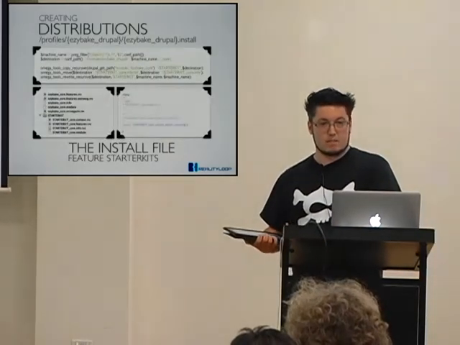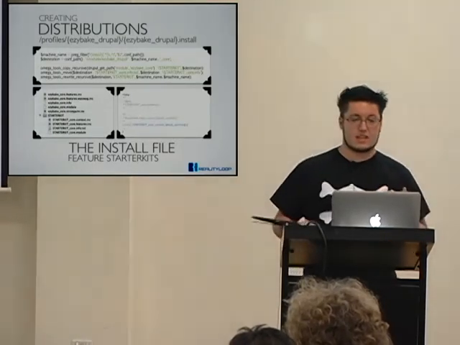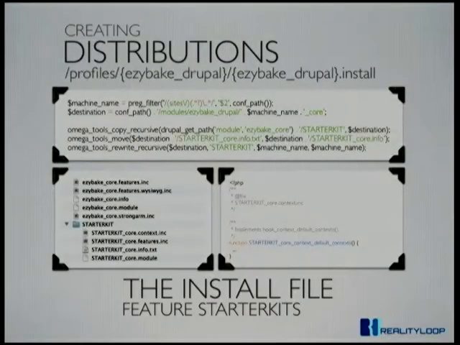Based on that same concept, I also like to create a feature starter kit. Again, if I'm going to create a feature starter kit, I don't want to copy it and paste it and rename it and everything. I just want it to be done automatically. So this little piece of code, also based on the Omega Tools module, I just point it at a directory. I say, there's a starter kit module of some sort here that has a namespace of starter kit and